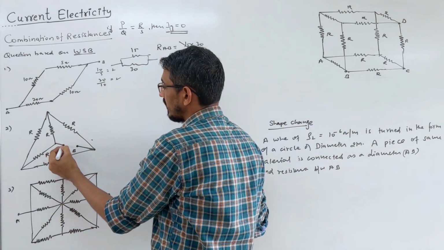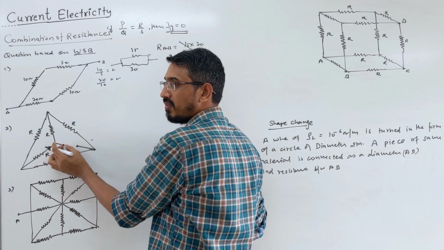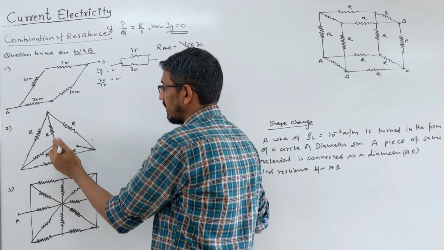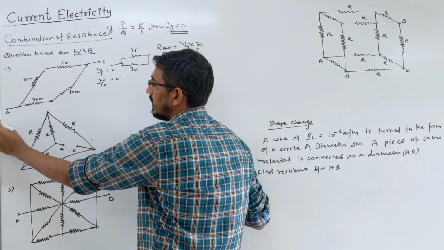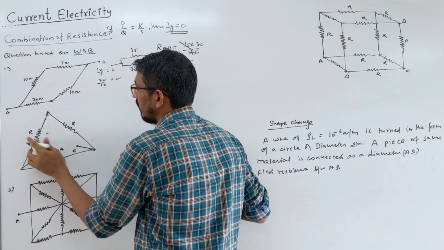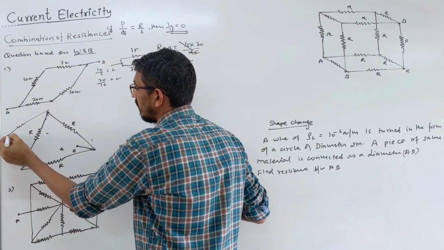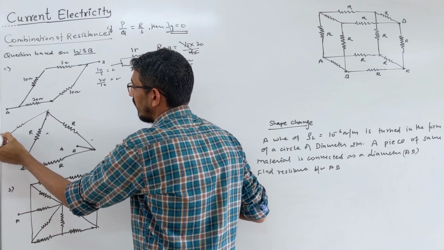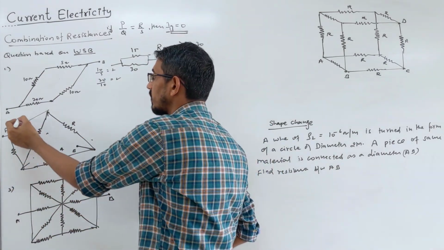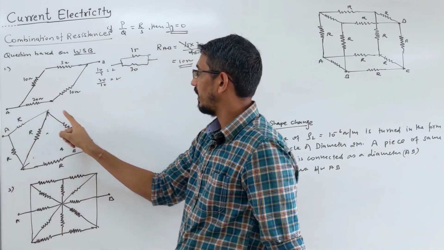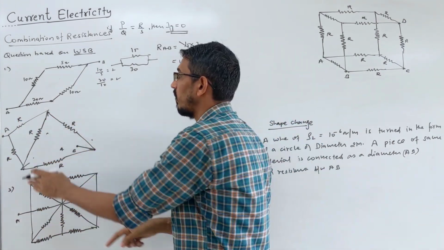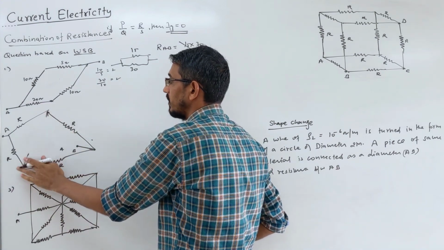What you do, pick this end of the wire, wires are flexible, and put it on this side. Pick this end A and turn it to this side. If you turn it, it will look like this. These two resistances will come here. This is your end A. So again it looks like a Wheatstone bridge format. All values are given, R, P by Q, R by R, R by S. Yes, same. So no current flows through this middle branch.